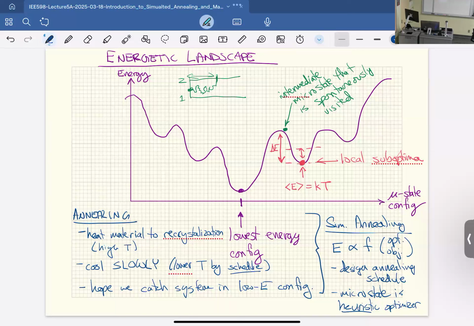You can think of those here. These are your decision variables, or I'll say decision vector. And each component of the vector can be in different states, just like each molecule of the chair can be in different states. So our microstate configurations are our candidate solutions.